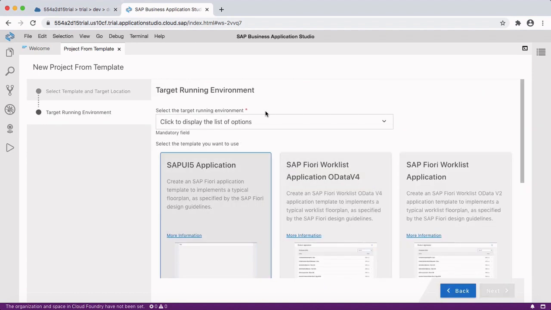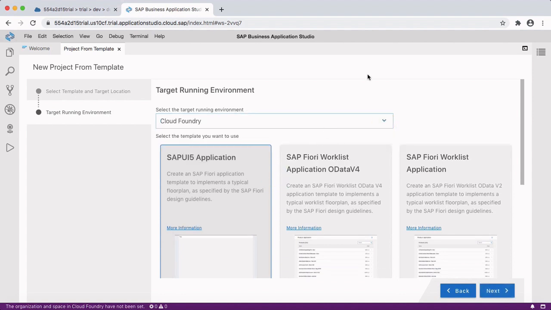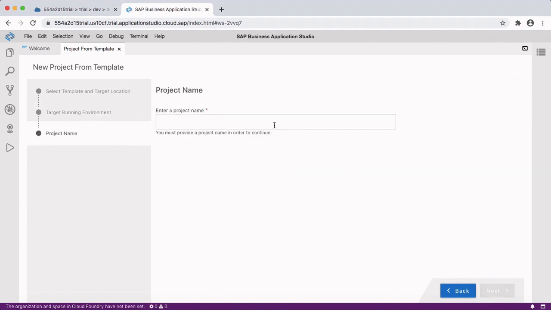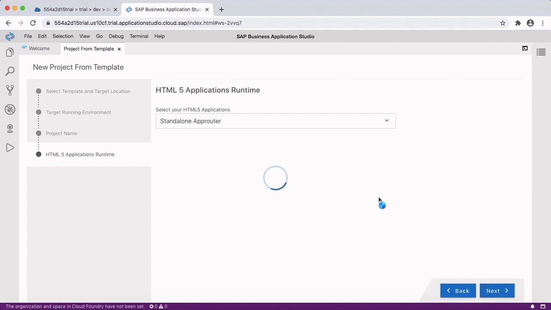Click on Next. Here I'll select SAP UI5 application and I'll select Cloud Foundry as my runtime environment. Click on Next. I'll give a project name, Hello UI5. Click on Next.